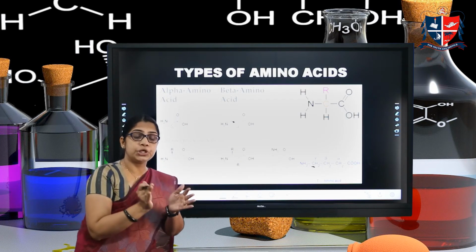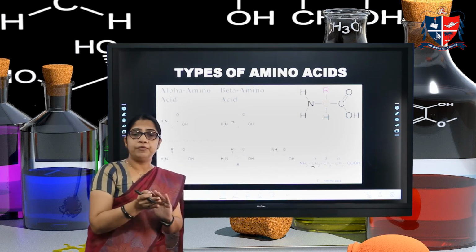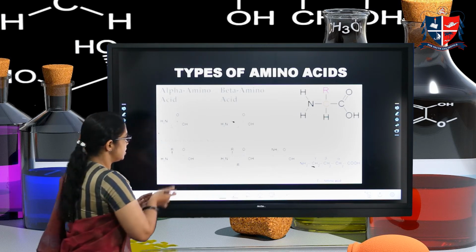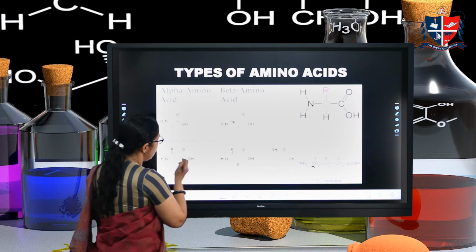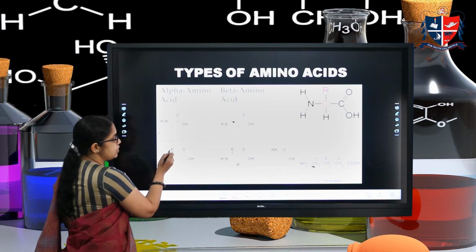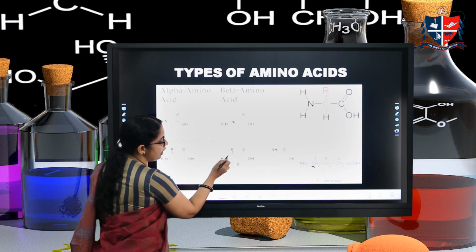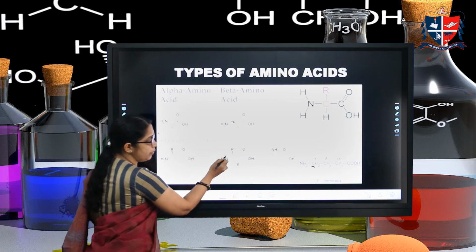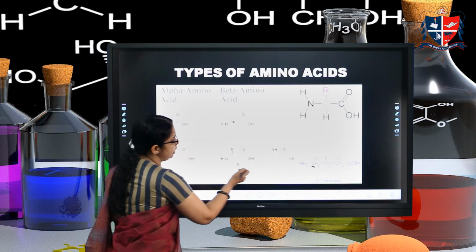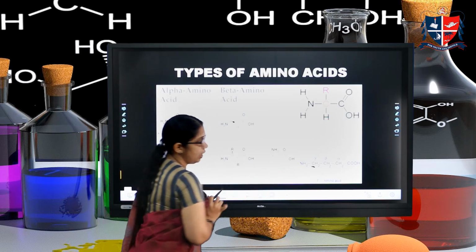So depending upon the position of the NH2 group, whether it is attached to alpha, beta, gamma, delta, etc., it is classified as an alpha, beta, or gamma amino acid. This is an example of alpha, this is beta. These are substituted beta amino acids, where a hydrogen is replaced with an R side chain. Here both hydrogens on alpha and beta are substituted by R and R dash. This is again a cyclic derivative. These are all substituted beta amino acids, and this is a gamma amino acid.